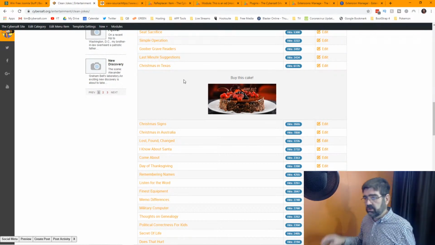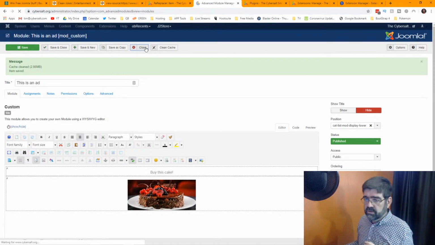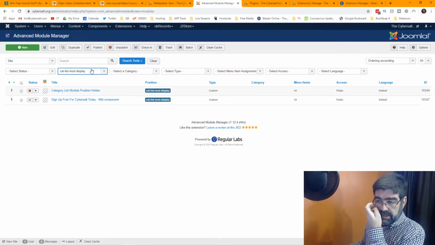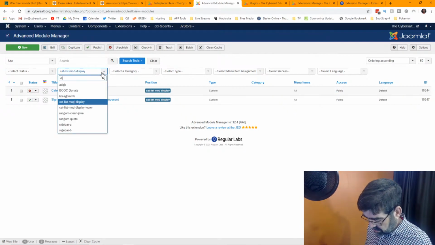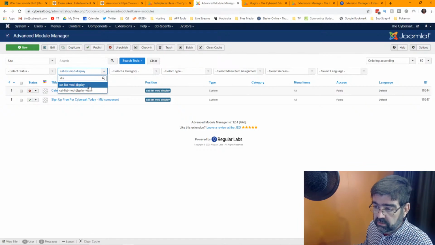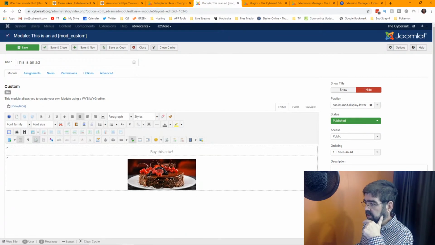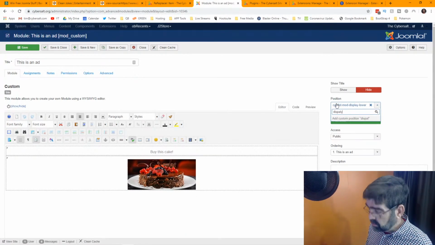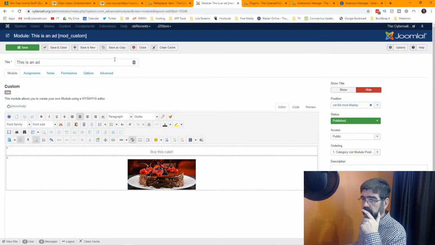Now, just to show you, and we'll do this as an experiment, remember, let's close. Module positions with the word display in them. All right, so we have this one here. Let's look at DIS. Module display lower is that position we just created, and that exists. If we select this module and we send it back to the original position, display, that one there, and we save,